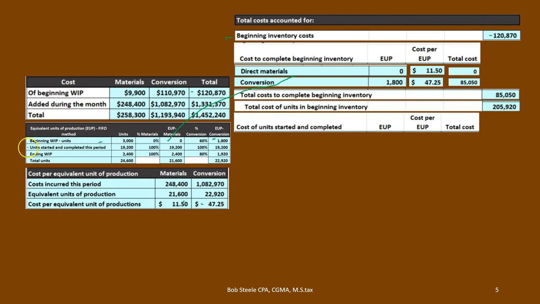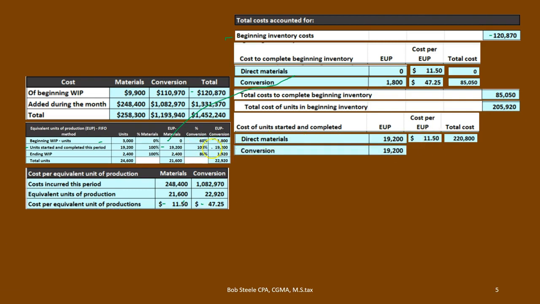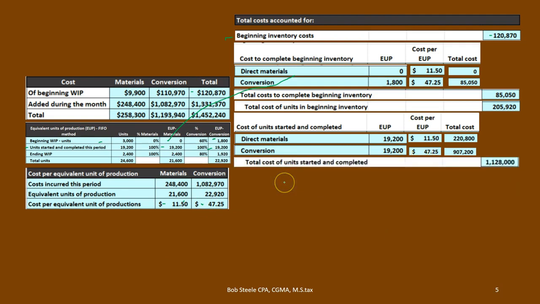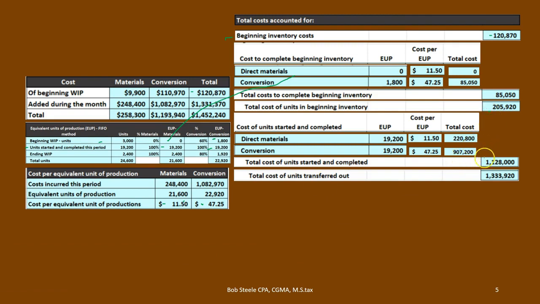We're basically going down. Okay, now we're on the stuff that was started and completed. And we're going to say, okay, well, there's 19.2 in terms of units times our cost per unit, the 1150. That gives us the 22800. Same thing for conversion. So for conversion, we're taking this number, 19.2, times the cost per unit, 47.25, which means we have a total cost of 907,200. And if we add those up, we get the total cost of units started and completed, 1,128,000. And then if we add up this number and this number, we're going to get the total cost of units